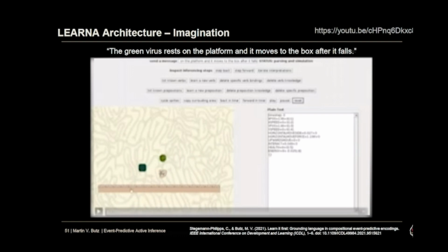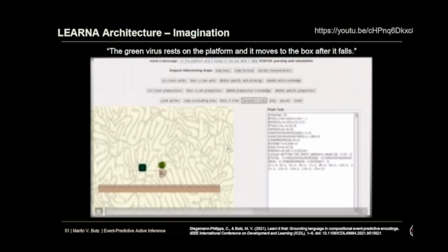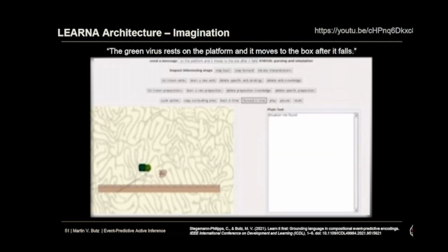So, a rather complex sentence, and its explanation is that it arranges these three objects involved here in this manner. In shorter terms, you see that essentially the green virus falls on the platform, so after it falls it rests on the platform, and then it moves to this green box. And this is one possible explanation of this rather ambiguous sentence